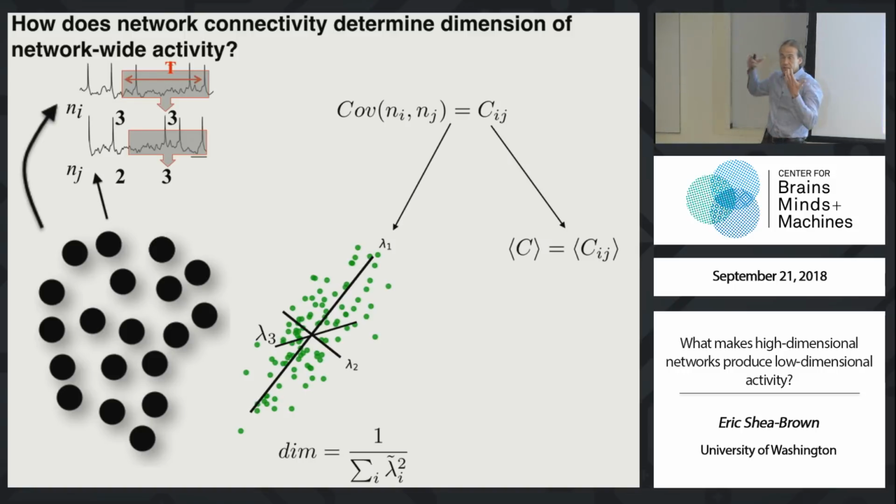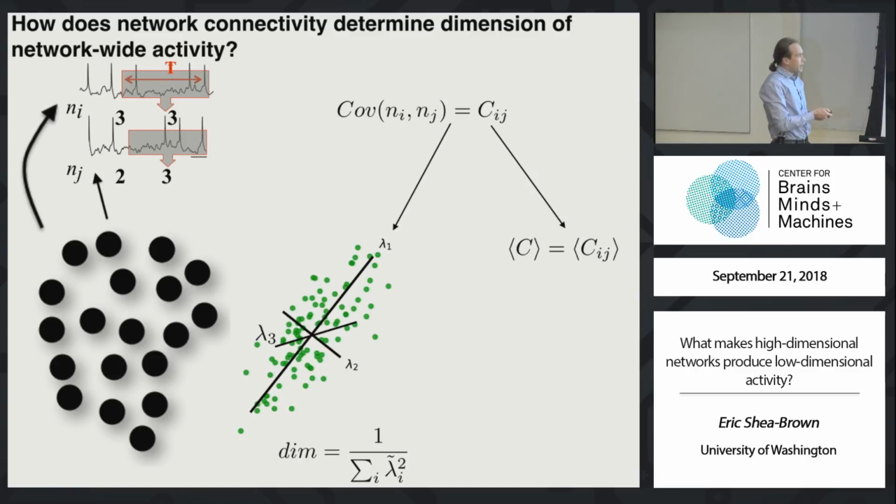For example, another way of saying how collective, how coordinated, how low dimensional, if you will, neural activity is to talk about, on average, how correlated pairs of cells are. Are they doing the same thing, like the baguette, or flying all over the place, as in a fully dimensional representation? So I'll talk about these pairwise correlations as Cij, defined exactly as you would think, and their averages as well. Okay, so that's the quantity that we're studying.